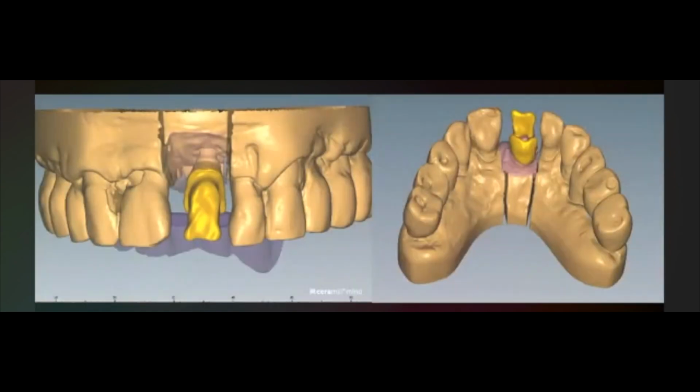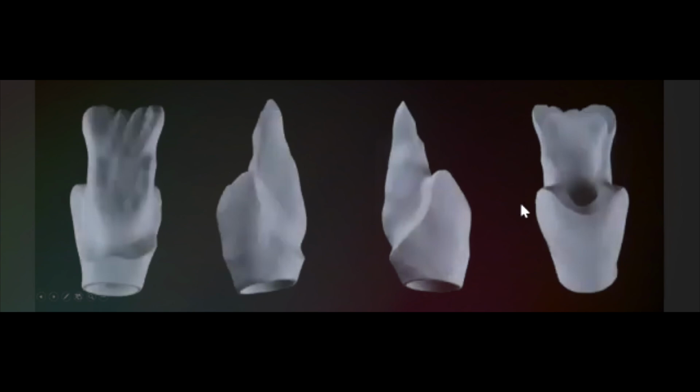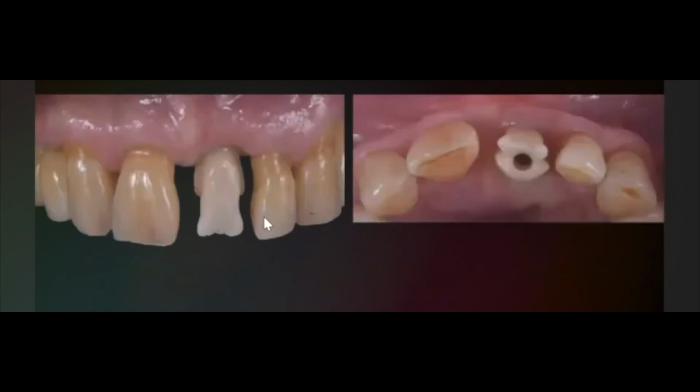So first of all, we start with the design of the framework. As you can see here, we have some concavities and some support to the incisal edge, and also we decided to make the subgingival part and the palatal part of the palatal surface purely monolithic, especially the subgingival part in contact with the soft tissue. Trying the framework,